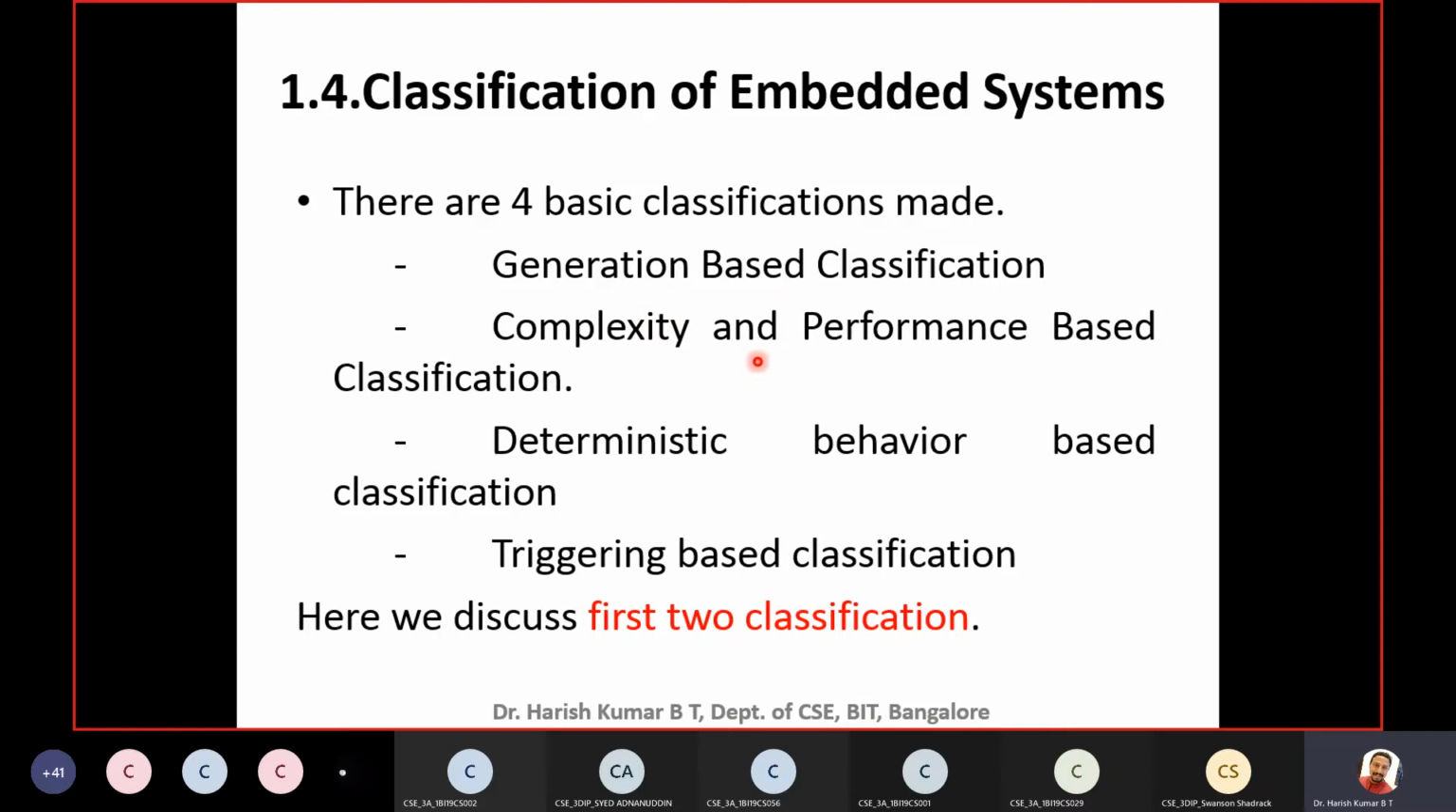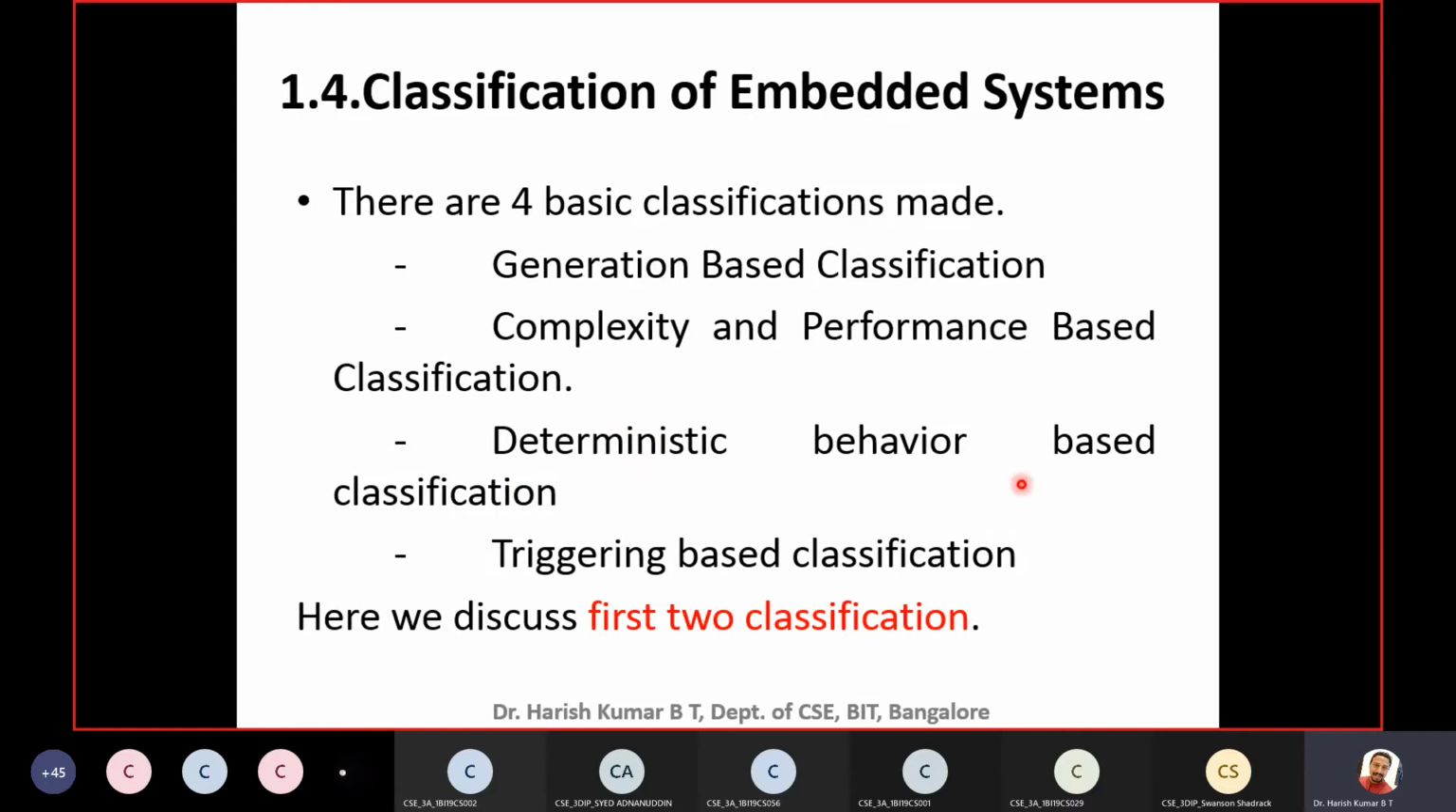The other type of classifying the embedded system is complexity and performance based classification. How are embedded systems classified here? By taking into account the complexity of the embedded system, meaning the software complexity and hardware complexity. So by taking into account the hardware and software complexity, and also by looking into the performance of the embedded system, this classification is made. And the third classification is based on